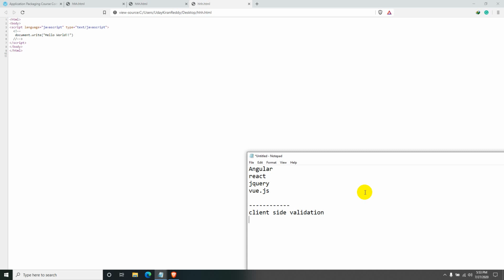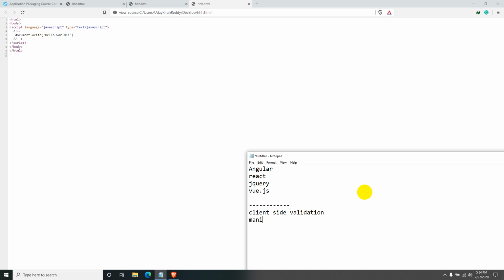So client-side validation is the first one. Another one is, instead of writing multiple HTML pages to implement a functionality, it's better to write the code in JavaScript and modify the page with the JavaScript code, so that the client will feel like multiple pages are implemented.